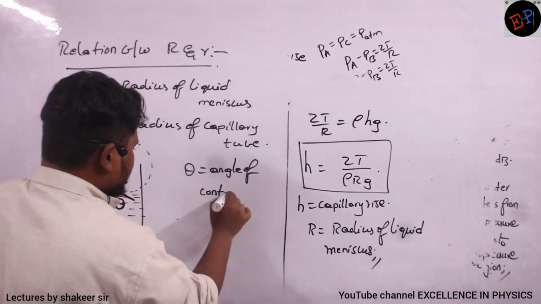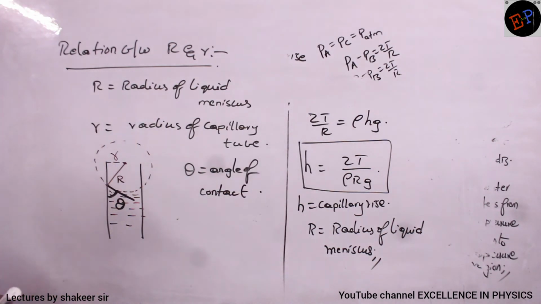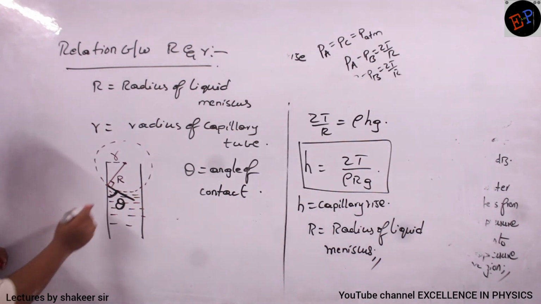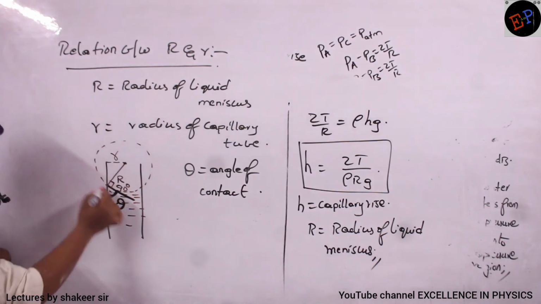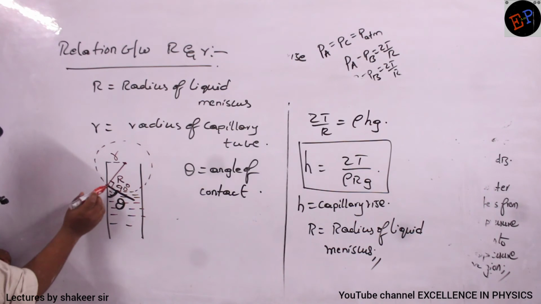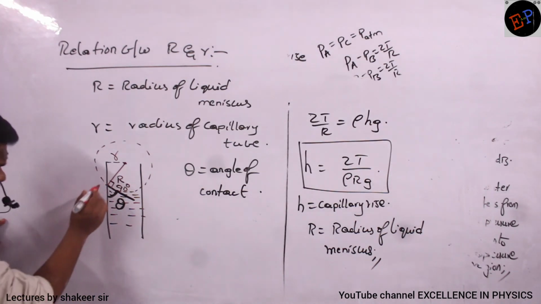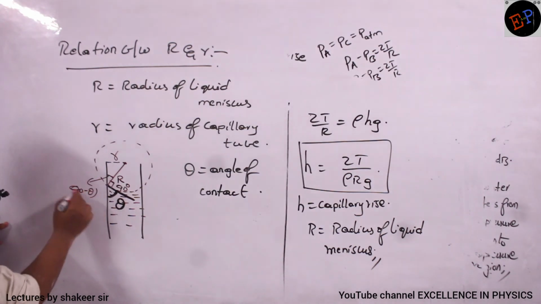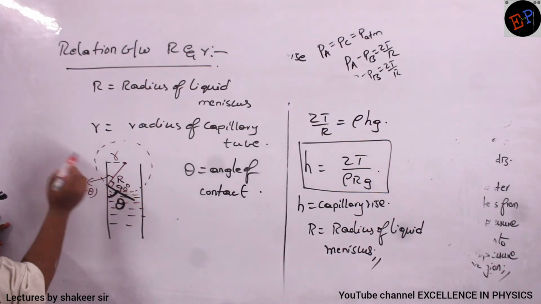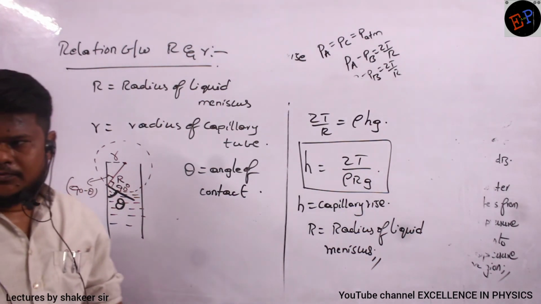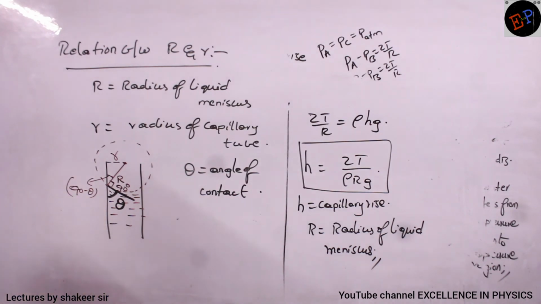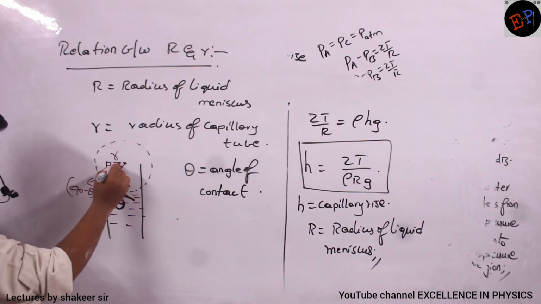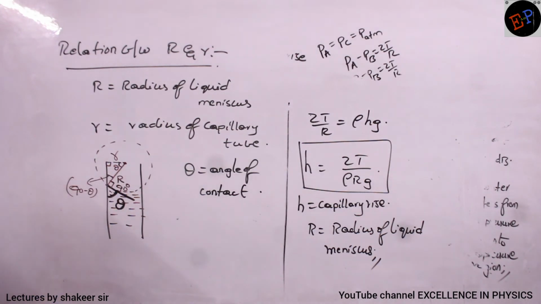Now see. If this is the angle of contact, what is this angle? This angle will be 90 degrees, because this is a circle and this is a tangent to a circle. So definitely this angle is 90. So if this angle is 90, what is this angle? This angle is 90 minus theta. Because this is theta, this is 90, this is 90 minus theta. If you add both of them, it should be 180, no? Because angle in a straight line is 180. If this is 90 minus theta, what is this angle? 90. What is this angle? Theta. Is it clear?